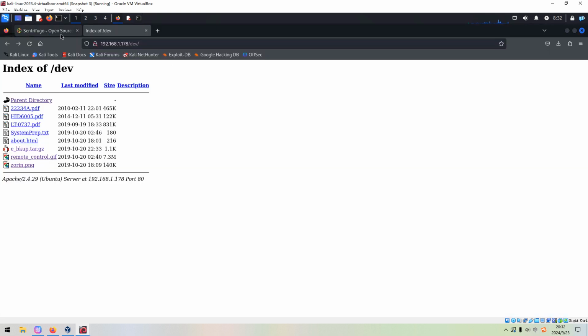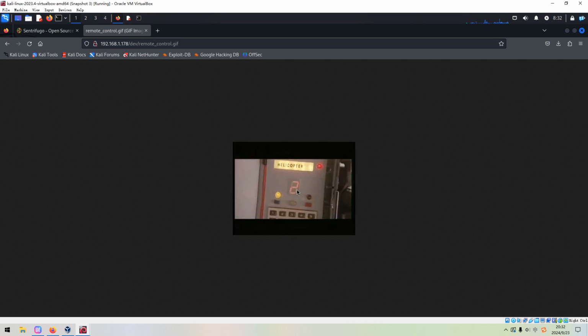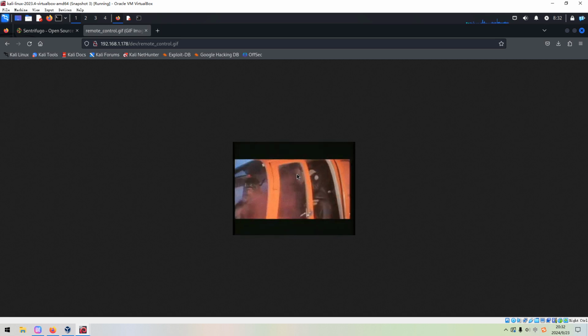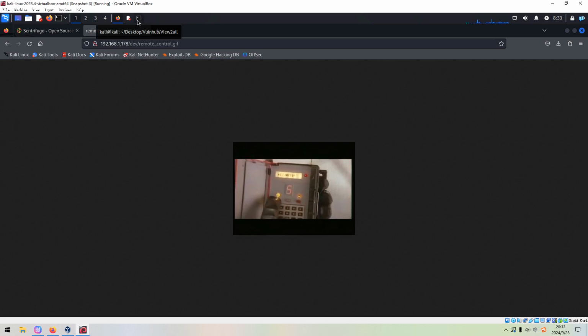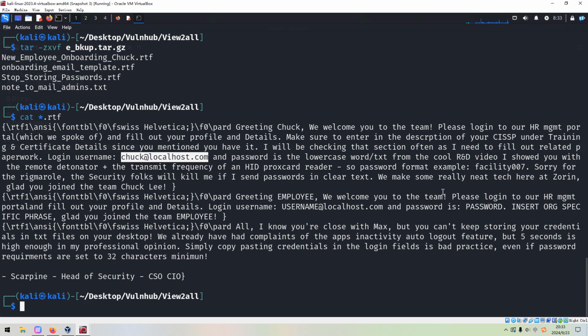Just now we have already visited this file. Okay, this one is the remote detonator. And here on the screen we can get the word helicopter. So I think the first part of the password should be helicopter, and just as you can see here, it should be lowercase.